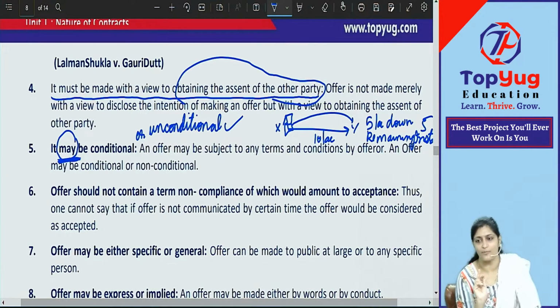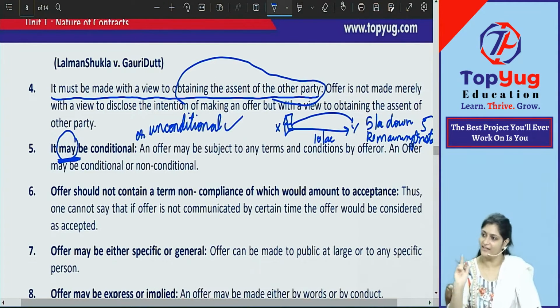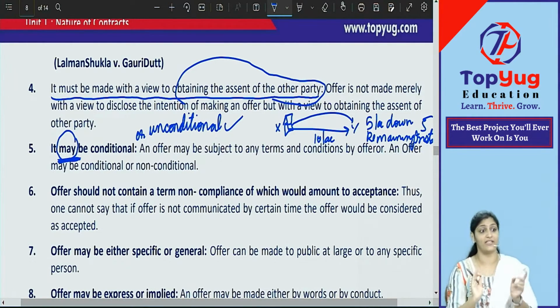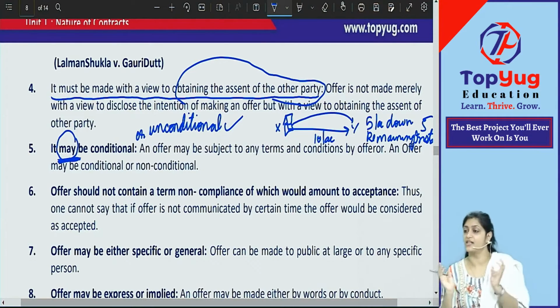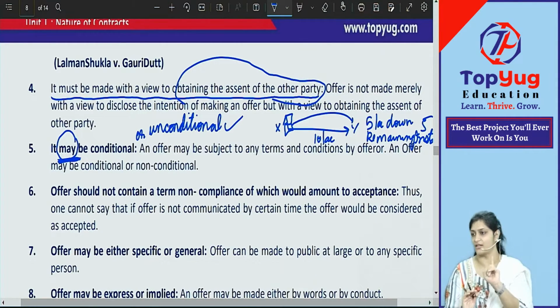Did we study this point before? Did we study? But why did it not click in your minds? When we studied counter offer, did you understand everything perfectly? Yes or no? That time you will understand everything. But as I told you, everything here is linked. When reading, when learning, you will think that law is very simple. We understood everything. It is not the case. You have to link everything. Whenever some question is asked, please think, okay, is there anything linked with it? You have to think. While writing your exam also, that is what you have to do.